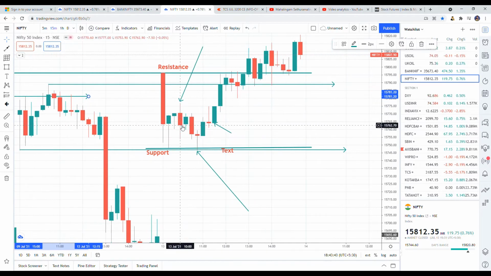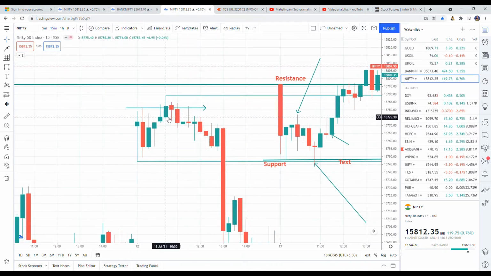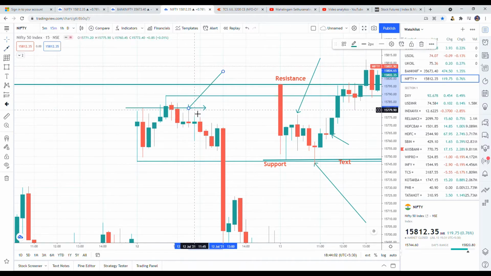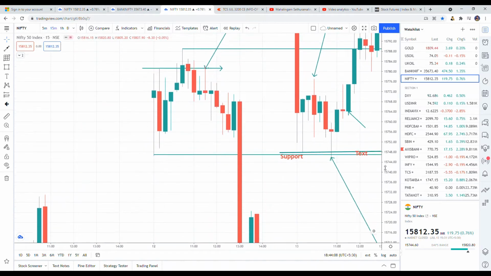In this case, you can see the candle was able to break the initial 30 minutes trade high, but it failed and pushed the price back to the lower end. You can see the breakdown and retest. Okay, enter here and you can see the follow up of the downtrend. Why do we need to enter here?